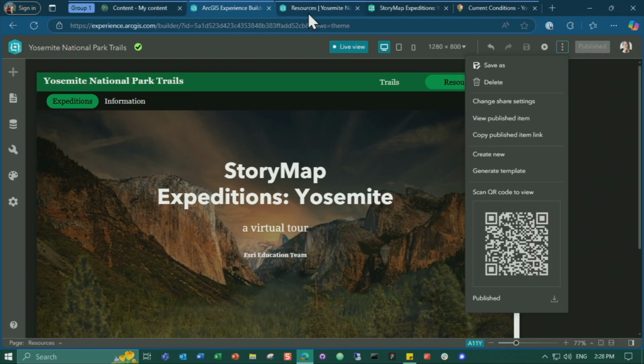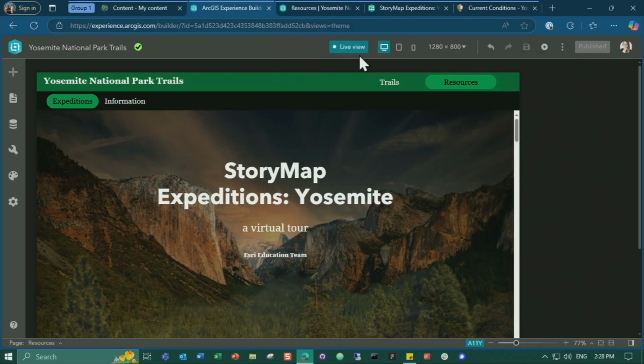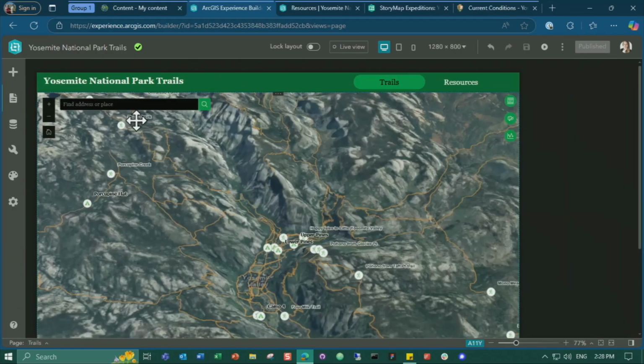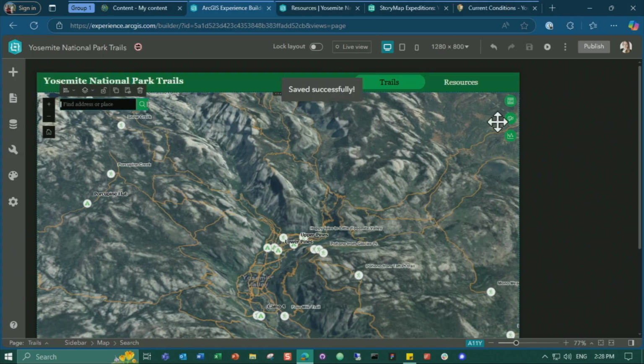If I want to make further changes to my application at this point, it's not too late. I can, at any time, come back and make changes. So let's say, for example, I want to make this search bar smaller and save this change. You'll see now unpublished changes. So that means I made some changes to my app in the builder, I saved it, but I haven't hit